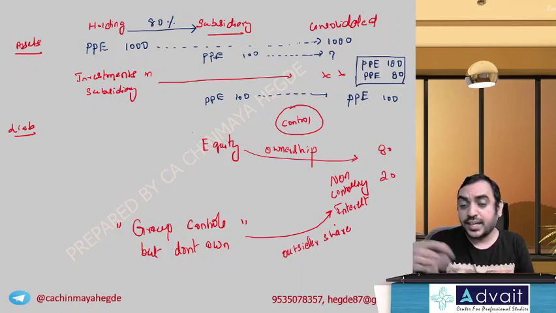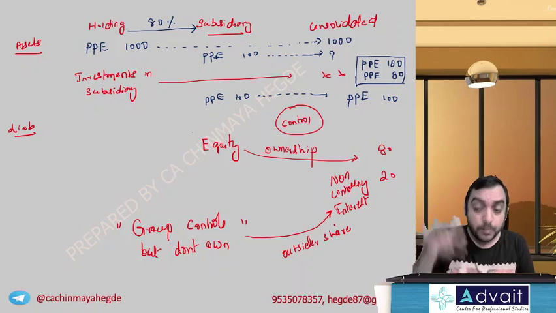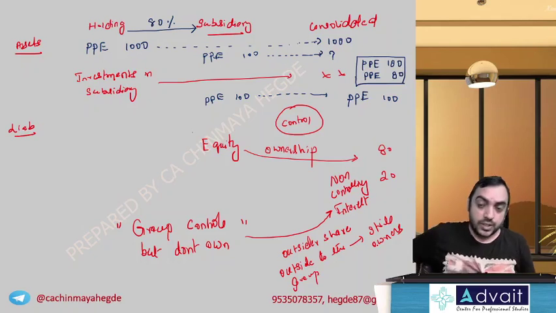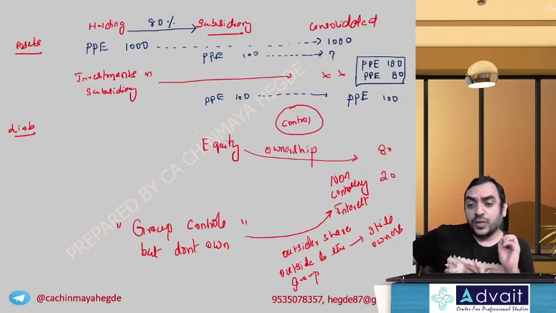Outsider shareholders are outside the group, but they are also shareholders. They are still owners. So in the consolidated balance sheet, a new element will come, that is